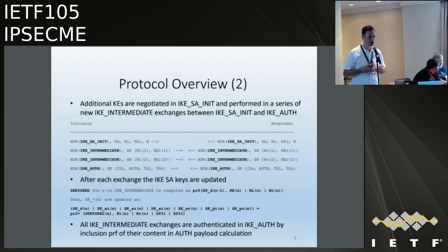And the protocol takes advantage of using the IKE_INTERMEDIATE exchange. In this IKE_INTERMEDIATE exchange, additional key exchanges take place that are presumed to be quantum resistant, but it is not a requirement, it's just a framework. You can combine, for example, several classical key exchanges if you want to, for some, I don't know, policy reasons. So it is not strictly linked to post-quantum. Anyway, after each exchange, keys are updated so that the new shared secret generated from this key exchange is stirred into the SKEYSEED,